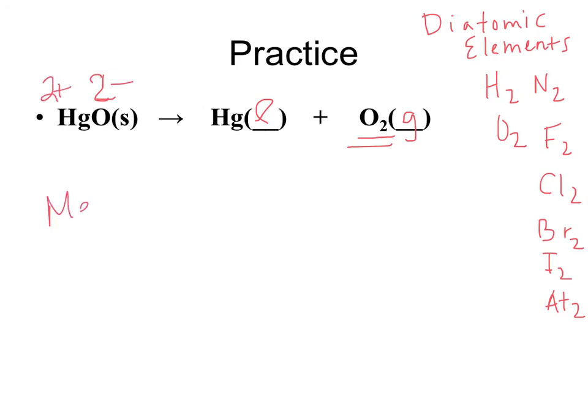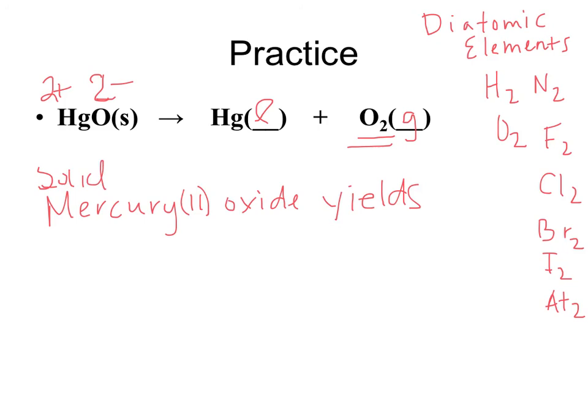So we're going to write mercury 2 oxide yields, so that's the word we use for the arrow, and actually I should put in front of here, solid mercury 2 oxide yields